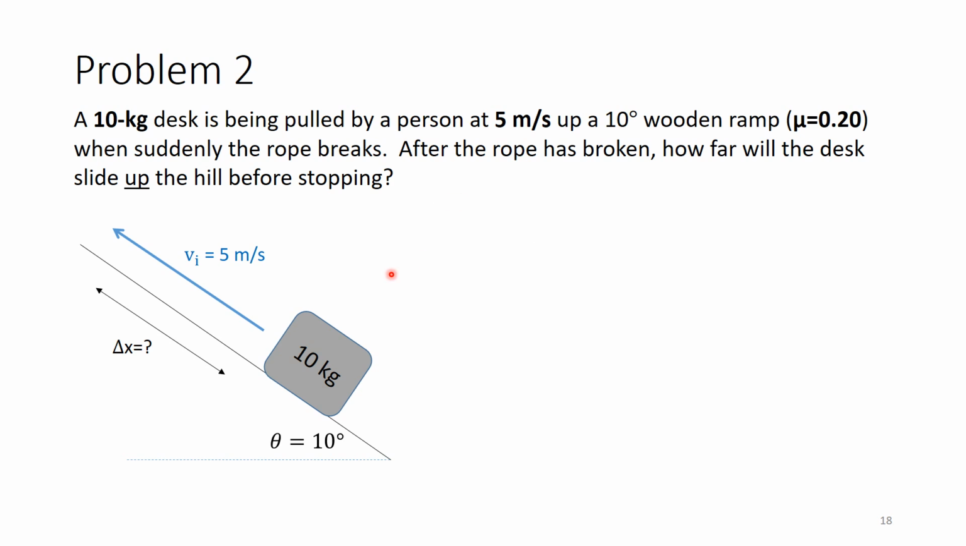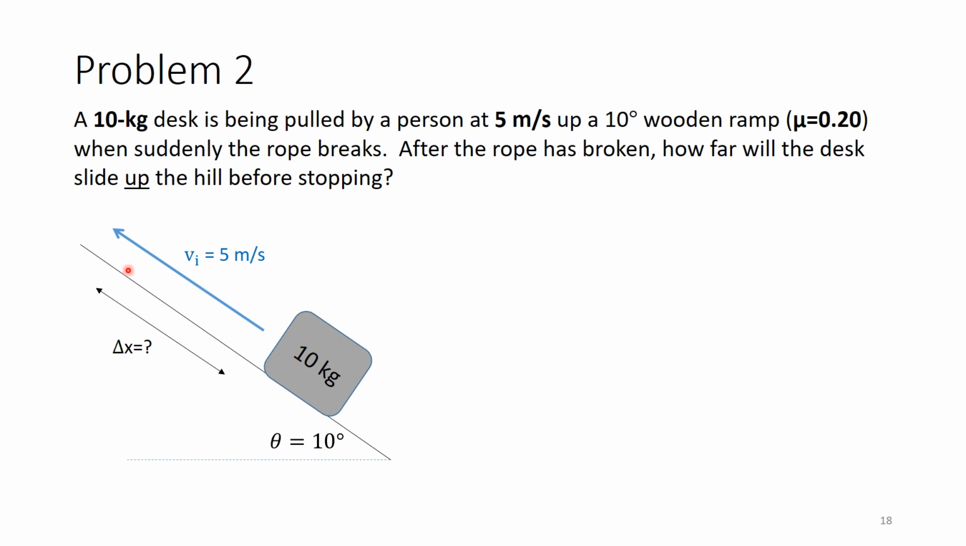Okay, so here's a variation of the same problem. This time, again, we have a desk being pulled at 5 meters per second, but this time the desk is traveling up an incline. The incline is 10 degrees from the ground. And again, the rope breaks, and we are trying to calculate how far the table travels up the hill before coming to rest. We are still trying to find delta x, except that delta x is now